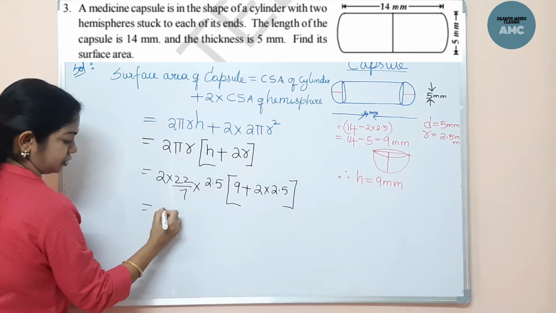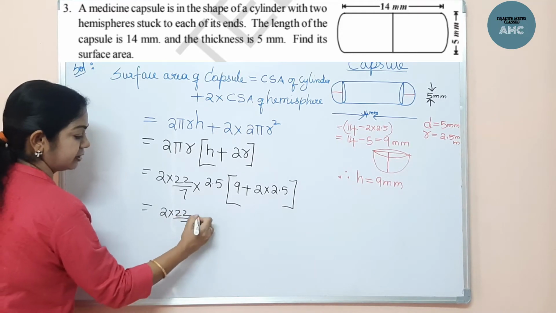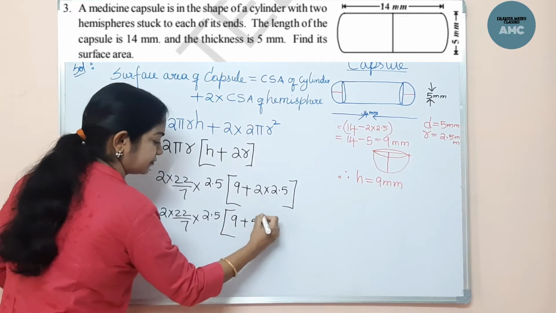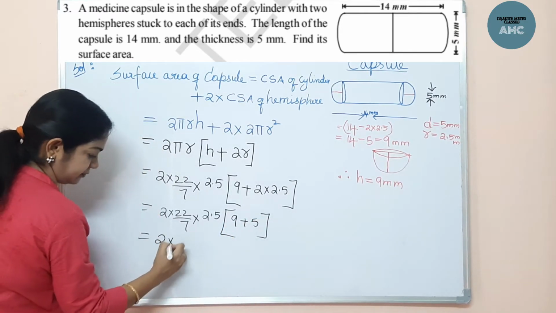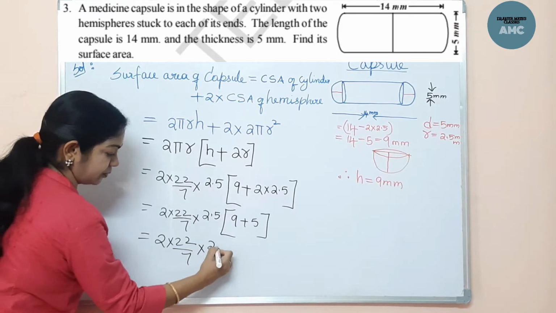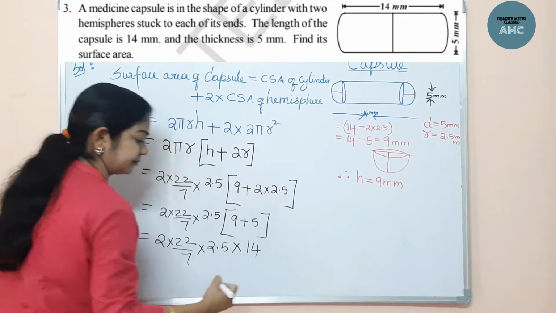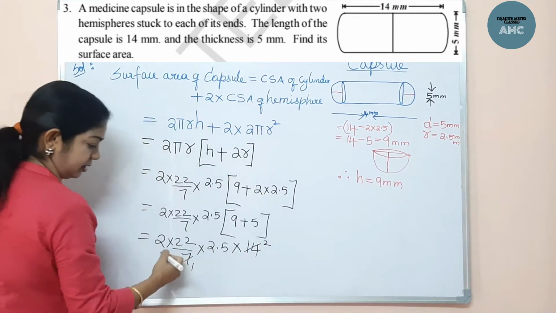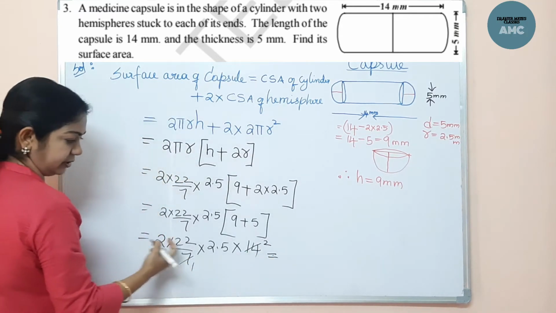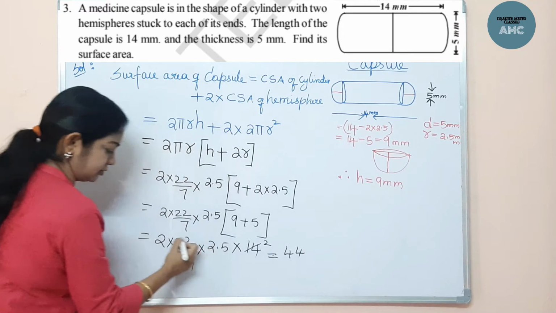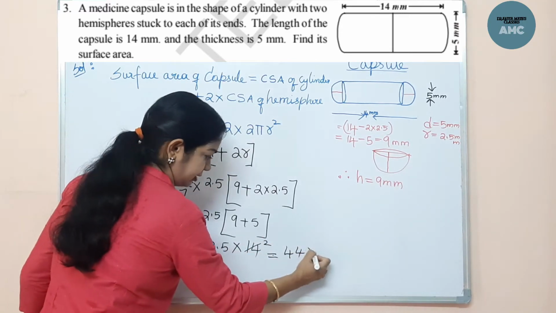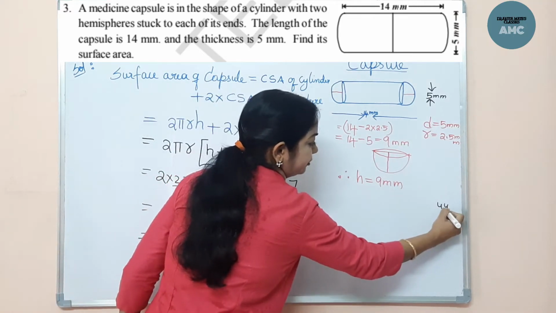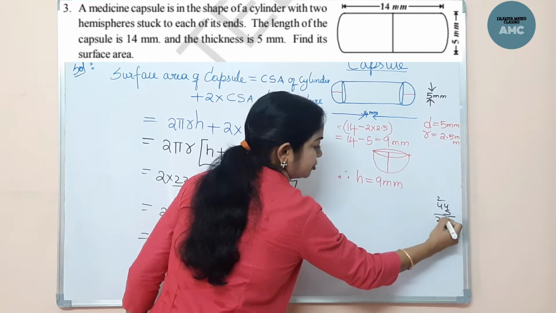This comes to 2 into 22 by 7 into 2.5. Here 9 plus 5, that is 14. So we will write 22 by 7 into 2.5 into 14. Now we will cancel it. 7 once, 7 twice. Right, over. Nothing is there in the denominator part. Now here 22 into 2 is 44, and 2.5 into 2 is 5. Okay. Now 44 into 5 is 220. This comes to